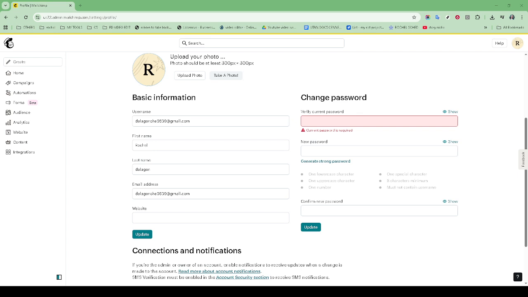With your account set up, it's now time to create your first audience list. An audience list in Mailchimp acts as a database of your contacts, which can include clients, newsletter subscribers, or any group you wish to reach. Navigate to the audience section and begin adding your contacts. You can easily import them from a file, paste them from a spreadsheet, or add them individually, whatever suits your